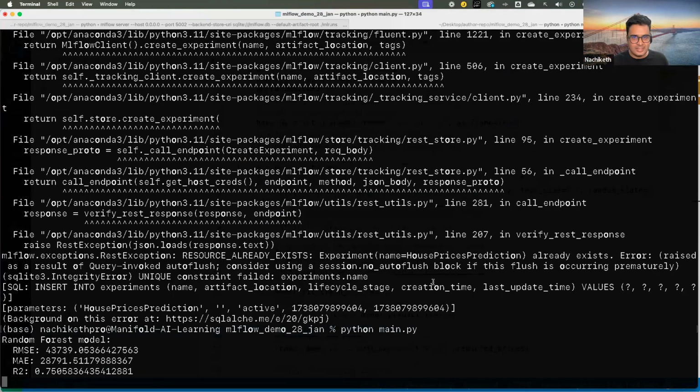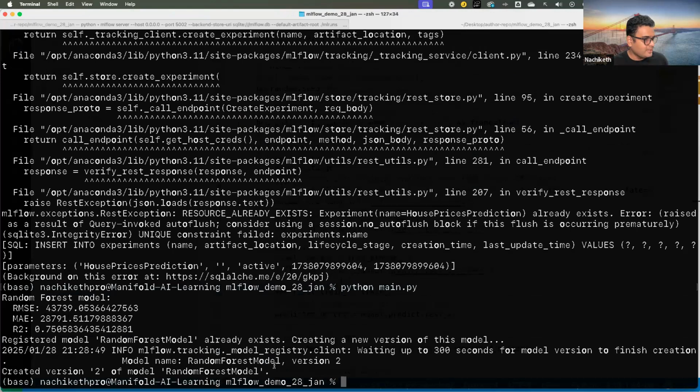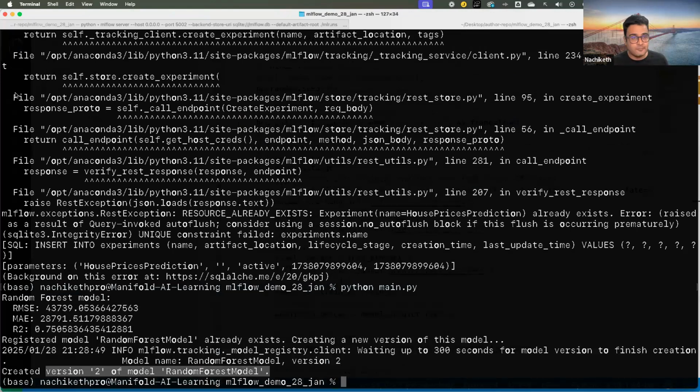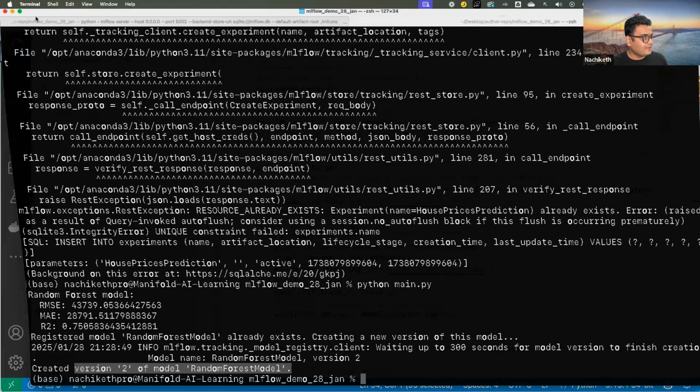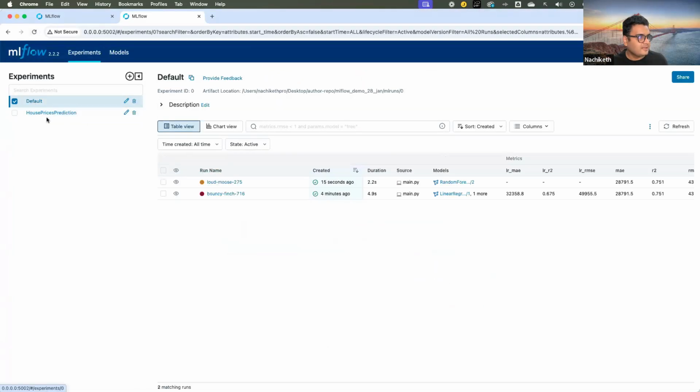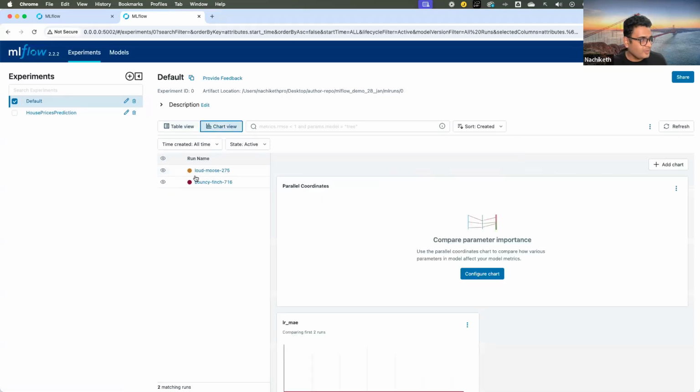So normally we set a different value over there. So, okay, now it's done. It said created version 2 of the random forest model. I'll refresh the homepage of this MLflow. Okay, yeah, we have the other run that was created right here. This is a loud moose, and this was the one, and we have the random forest model. Now we can click on this chart view, and we can actually